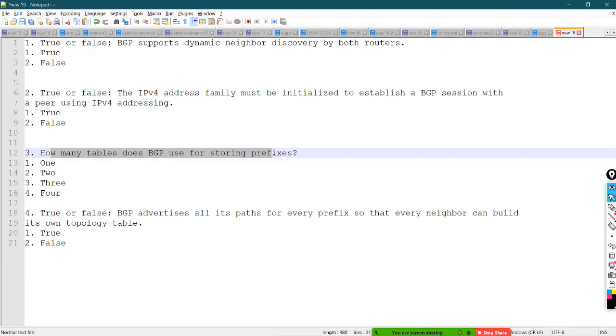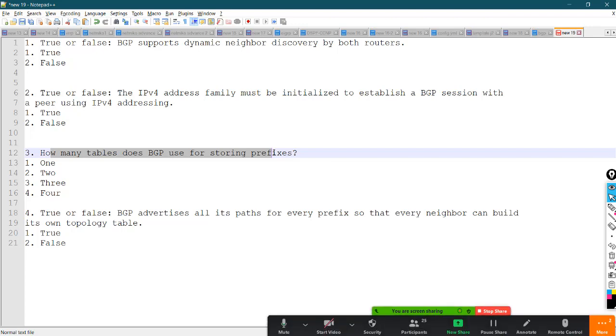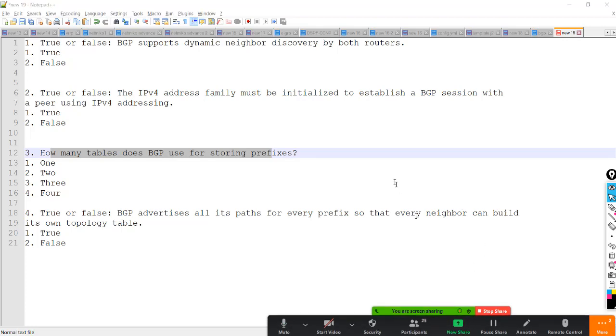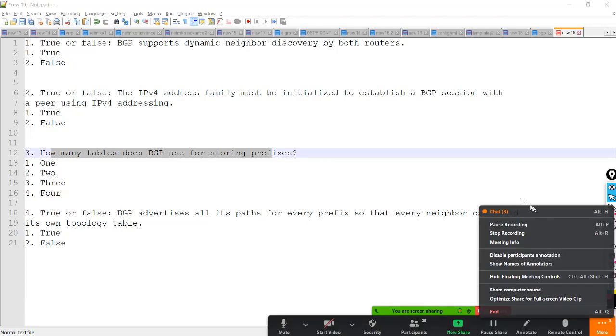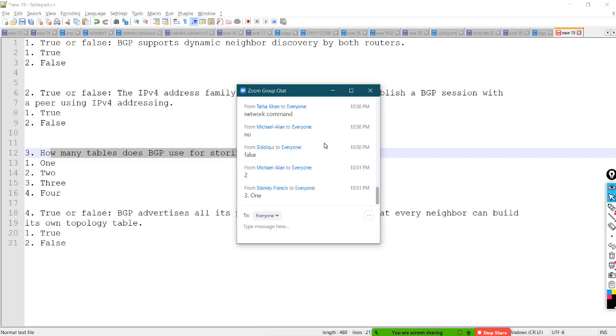Now how many tables are used to save these prefixes? There are some tables which we discuss in every routing protocol, right? Various answers.